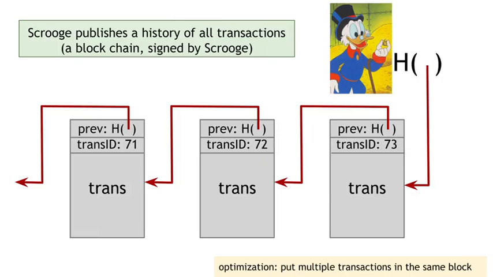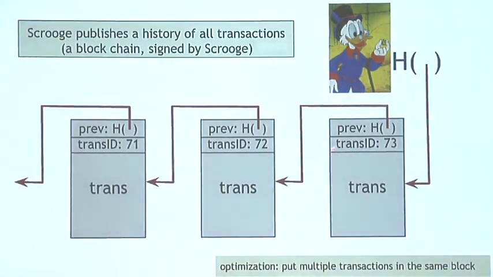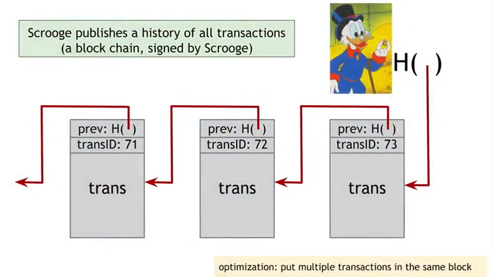Okay, so this is a little bit more complicated in terms of data structures, but here's one of the key ideas: Scroge is going to publish a history of all the transactions that have happened. This will be a blockchain, that data structure we talked about before, and it will be digitally signed by Scroge. It looks like this, of course. It's a series of blocks, data blocks. Each block will have one transaction in it. This block has the transaction with transaction ID number 73. And it has the contents of this transaction, and then there's a hash pointer to the previous block in the history. Okay, and then Scroge will take the hash pointer, which represents this entire structure, and he'll digitally sign it